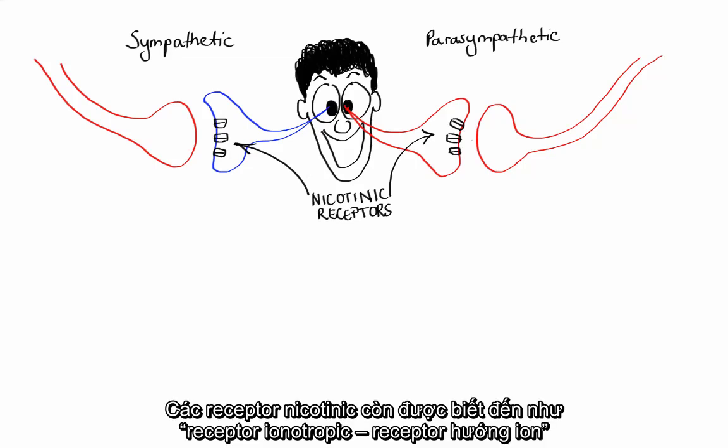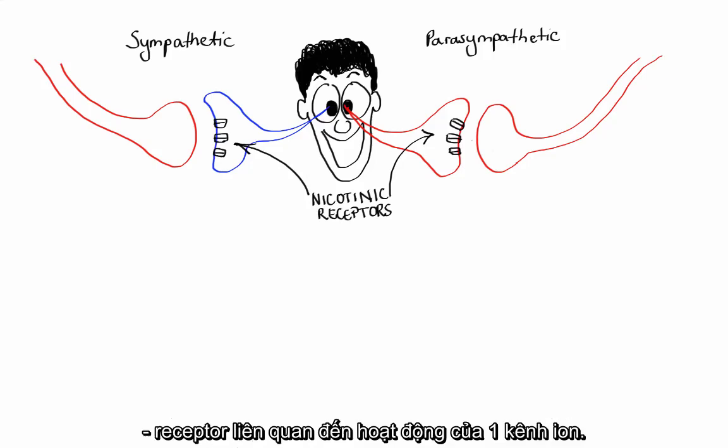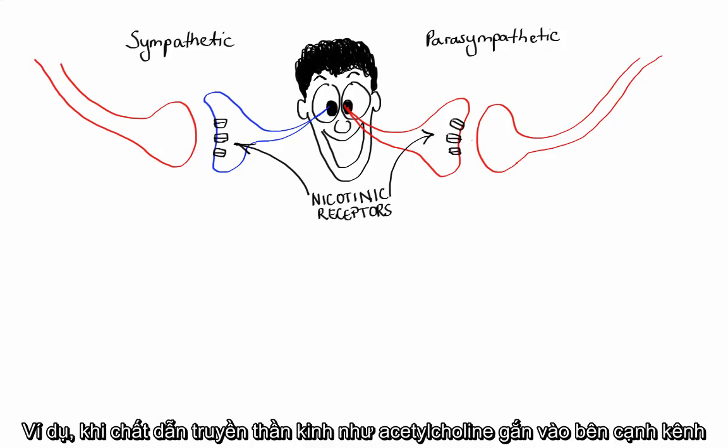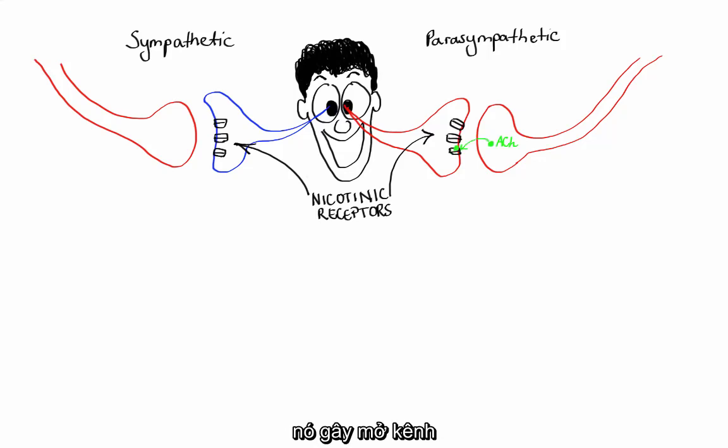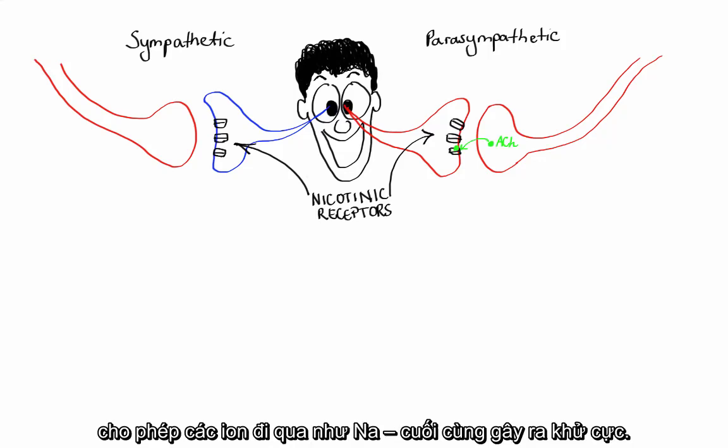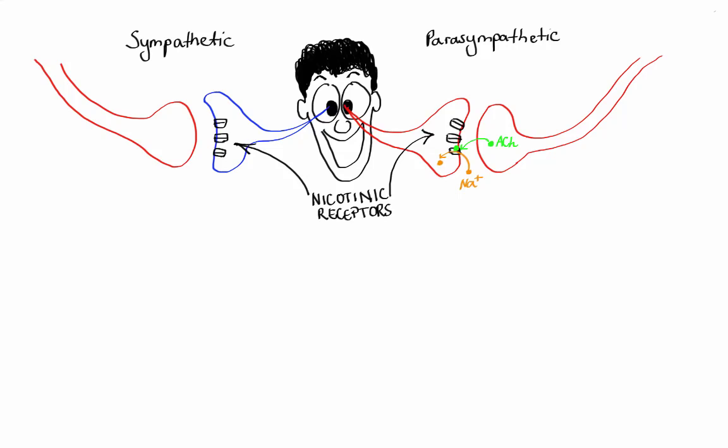So nicotinic receptors are also known as ionotropic receptors. And this is because they simply work as an ion channel. So for example, when neurotransmitters such as acetylcholine binds to such channel, it causes it to open up, allowing passage